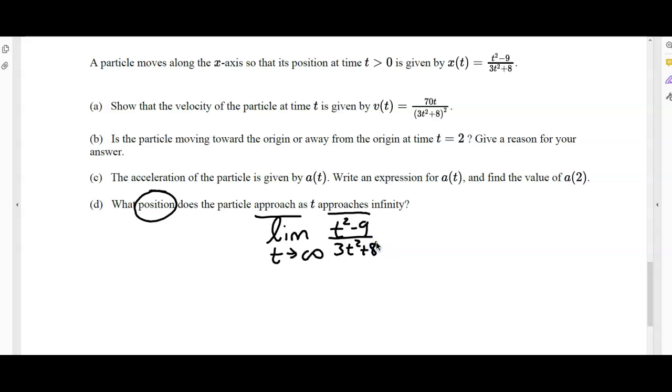Now if you were to do direct substitution, if you put infinity in here, you get infinity minus 9, which is infinity. And if you plug in infinity here, you get 3 times infinity plus 8, which is infinity. So we'll say this yields, I think I misspelled yields there. I don't know. This is math, not English, so I'm going to say, who cares? All right, but anyway, it yields infinity over infinity. Therefore, by L'Hopital,